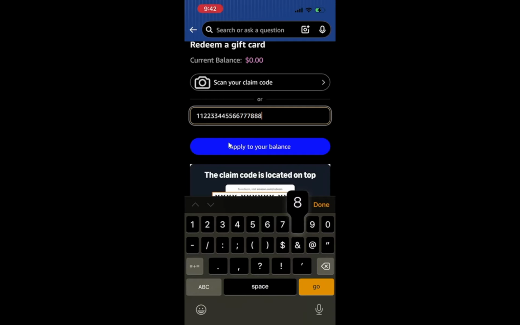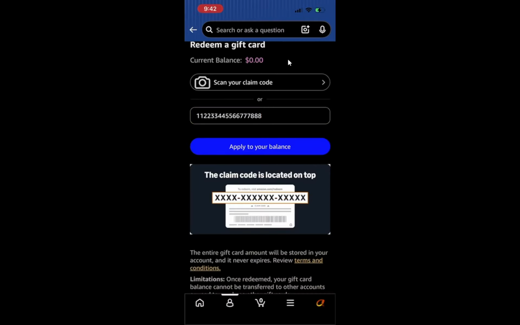When you do this, the app contacts Amazon and confirms the code. Within a moment, you should see a message that the amount was added, and the gift card balance number on the screen will increase by that amount. If the code has already been used or was typed incorrectly, the app shows an error instead of changing the balance. At this point, your gift card balance will be added to your Amazon account and will automatically be used